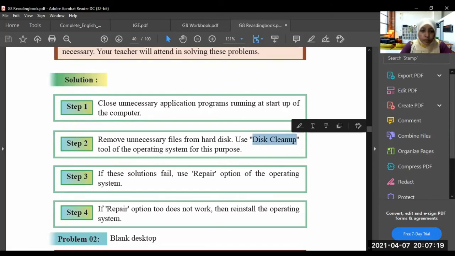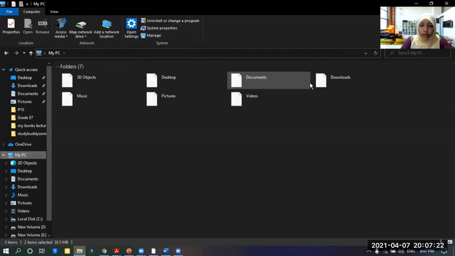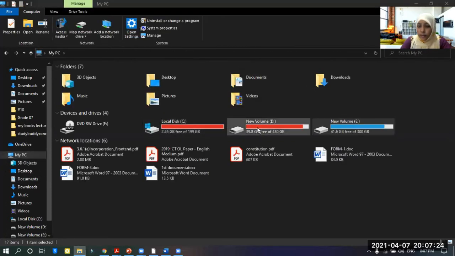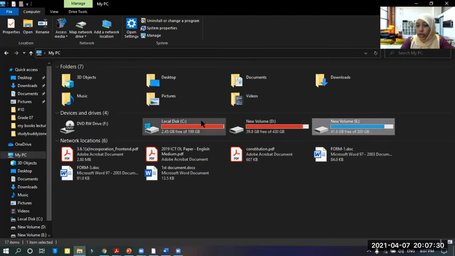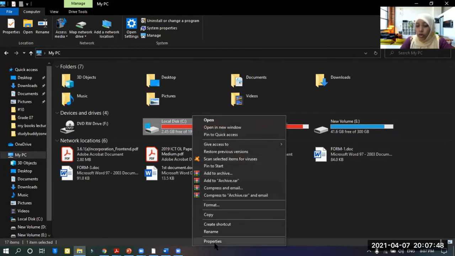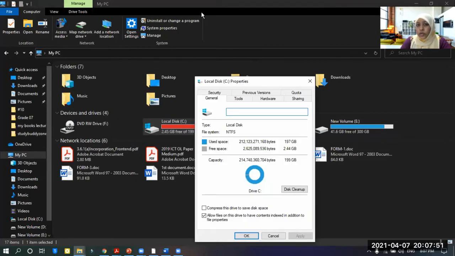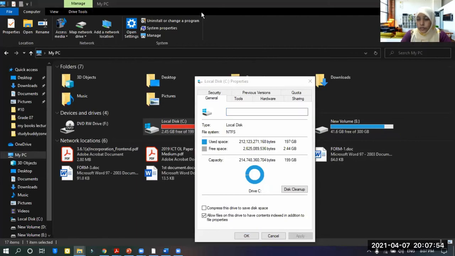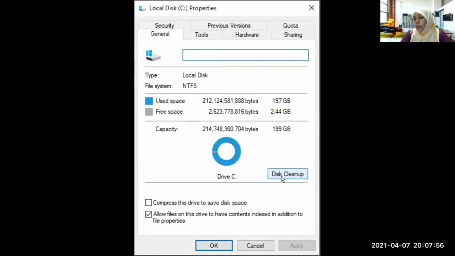Okay, so this is your hard disk. See, it is separated into 3. My hard disk is separated into 3. These are in red color, right? That means these drives are full. So what you can do here: click on the drive, right click the mouse and go to properties. Can you see a window opened? Here there is disk cleanup, this one.